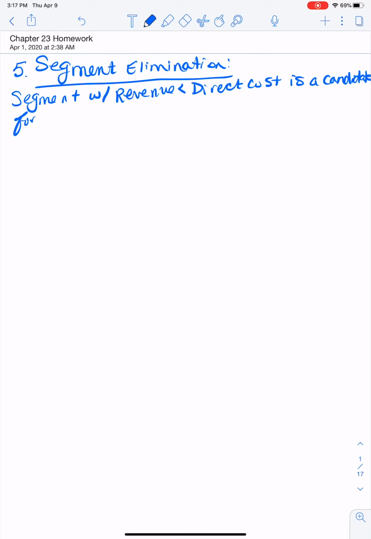So, in the past, what we said was that a segment with revenue less than direct cost is a candidate for segment elimination. And that's what we said in the past, and that was okay. And it's true to some extent. However, if we really want to make sure we're making a good decision, there's a little bit more we've got to look at. So in this case, we have to look at what are called avoidable expenses